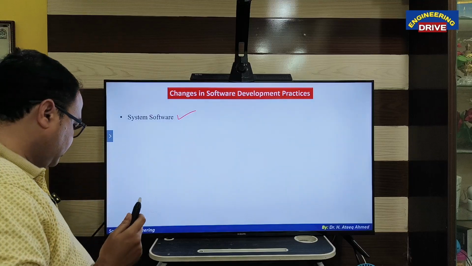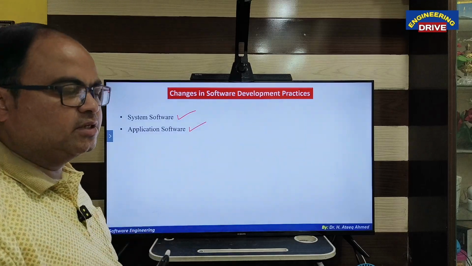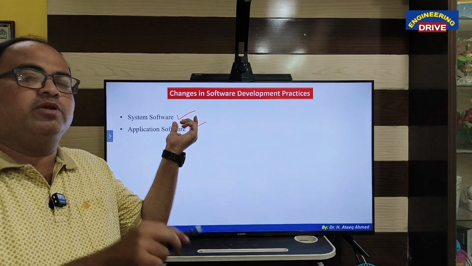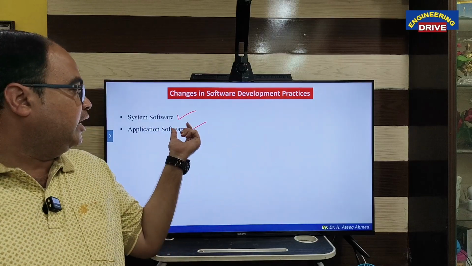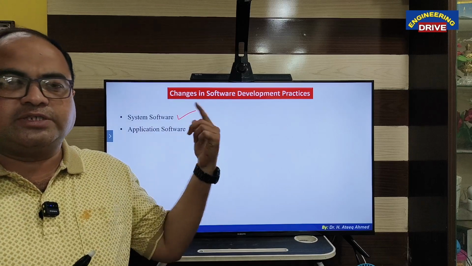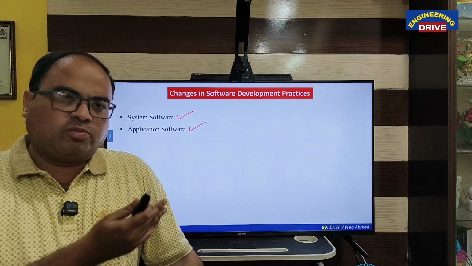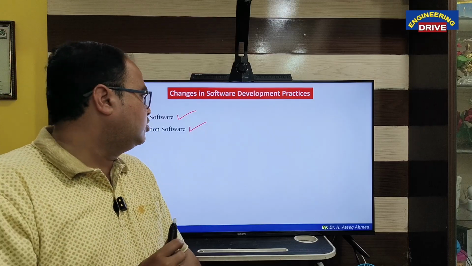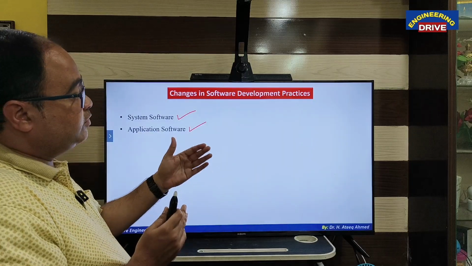Next, we have application software. These are nothing but the apps or applications. When will application software be used? Once the system software is already installed in the computer, after installing the operating system, we can use all the apps to do our daily tasks. About application software, I have also given various examples in my previous video. This is also software which is available at present and which was available in the past.